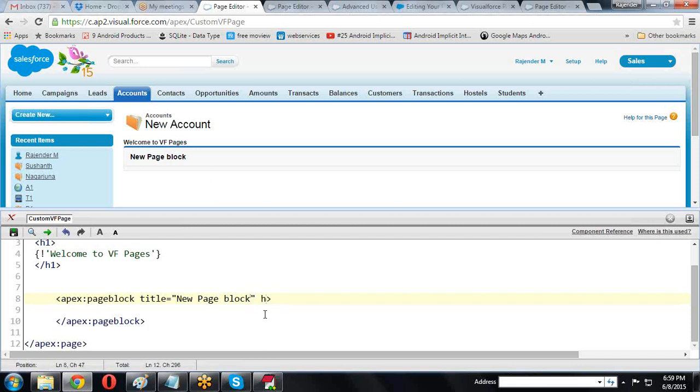Now help URL. If you want to provide your own help URL, equal to need help. Like this I'm providing need help. Here by default it is help for this page.